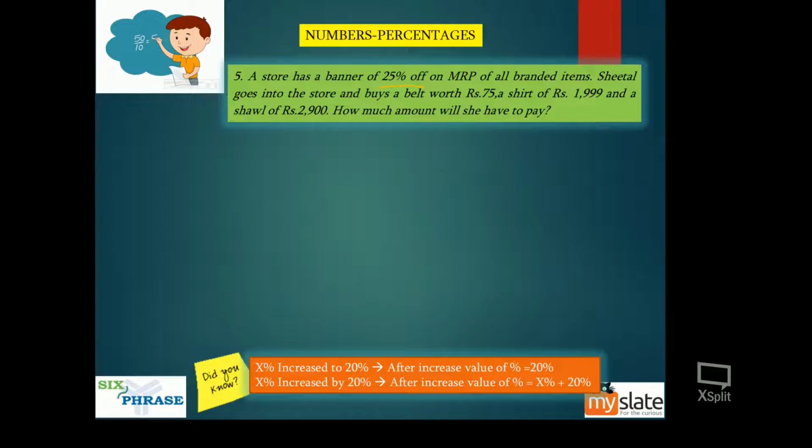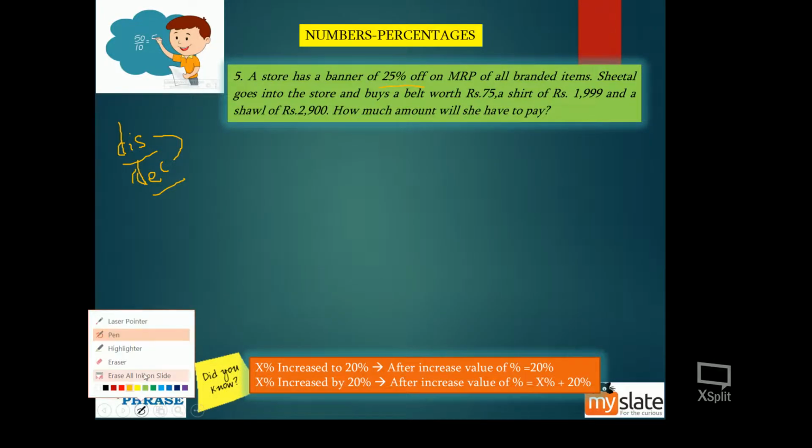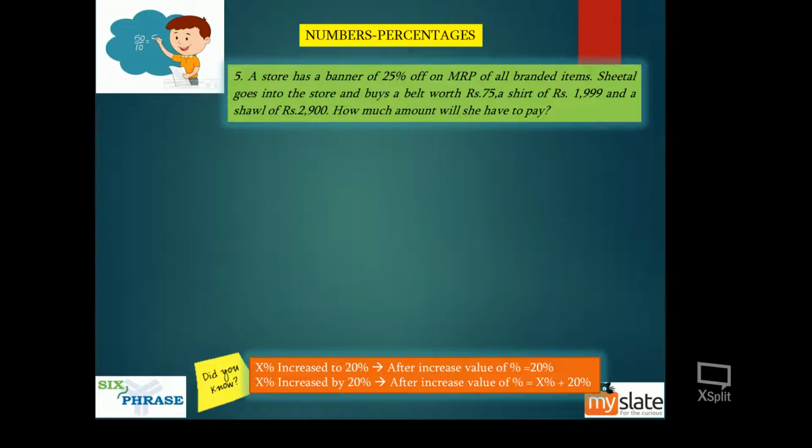Whenever it is 25% discount, it is equal to 25% decrease. So keep this one thing in mind, discount is equal to decrease. In profit and loss you will understand this even better, but here I'm giving you a small taste of what you will be seeing in profit and loss. Discount and decrease are the same things, and profit and increase will be the same thing. Right now you just have to understand discount and decrease are the same thing.